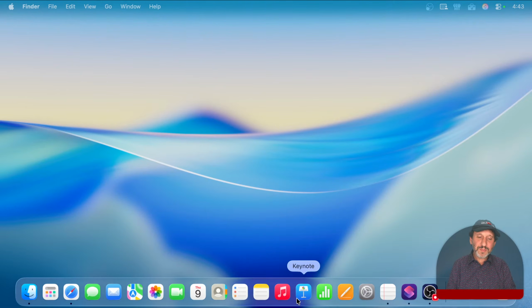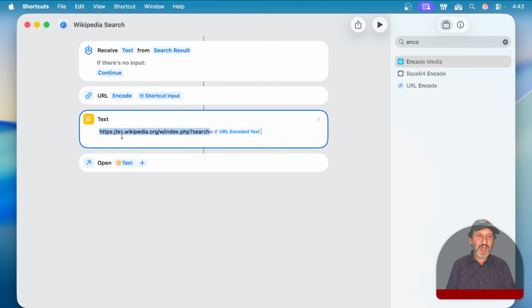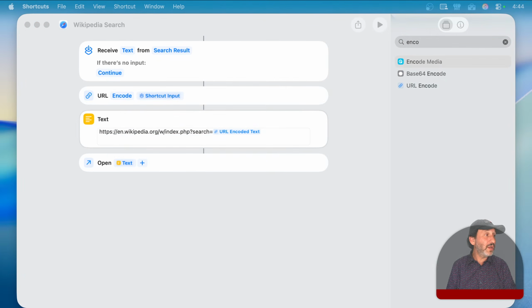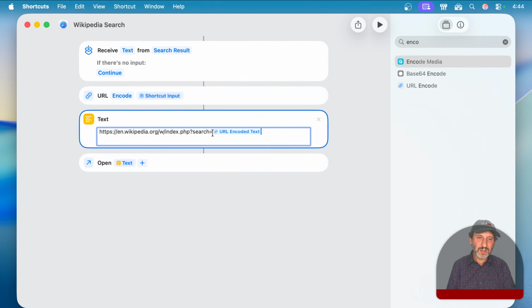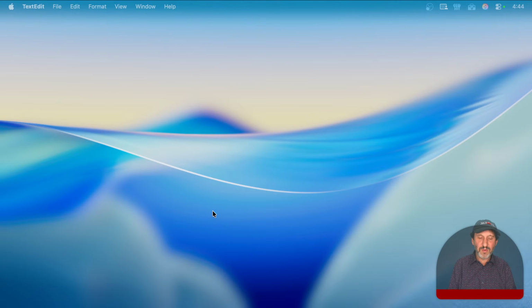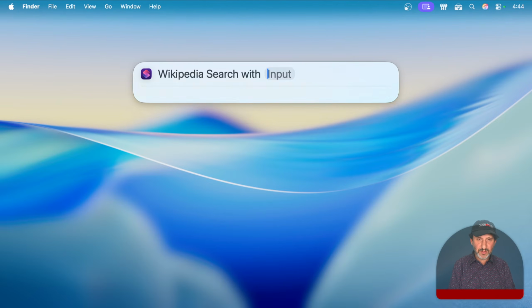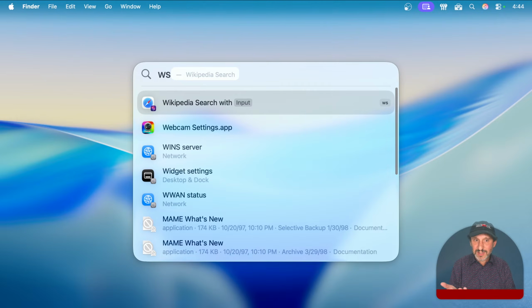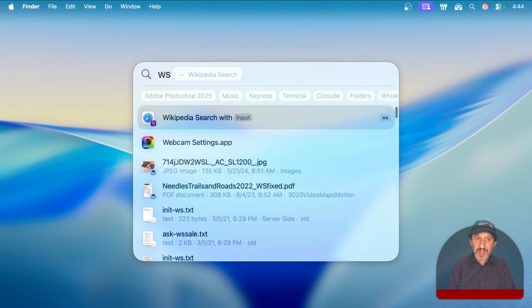And so many websites have this as a way to search. I know MacMost does, and I know Internet Movie Database is another one. So I could do this. I'm not going to bother changing the name for Wikipedia search, but I would probably call this IMDb search, and then I would change the quick keys to IMDb. But now it's going to search imdb.com/find/Q equals. And now when I run this, I can do WS, because the quick keys are still that, and then space, and